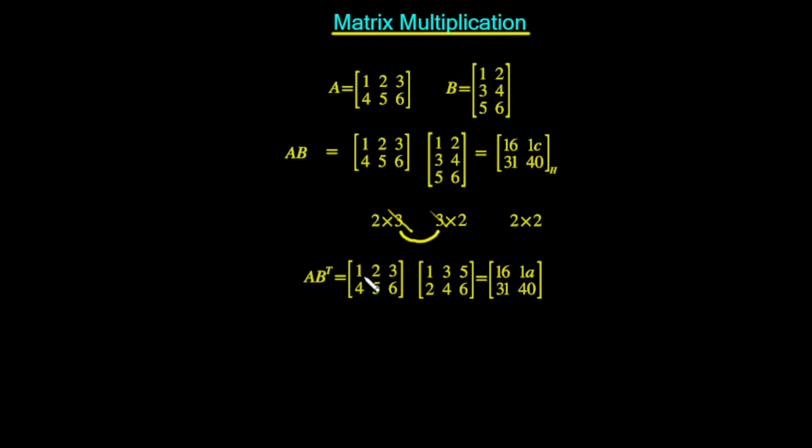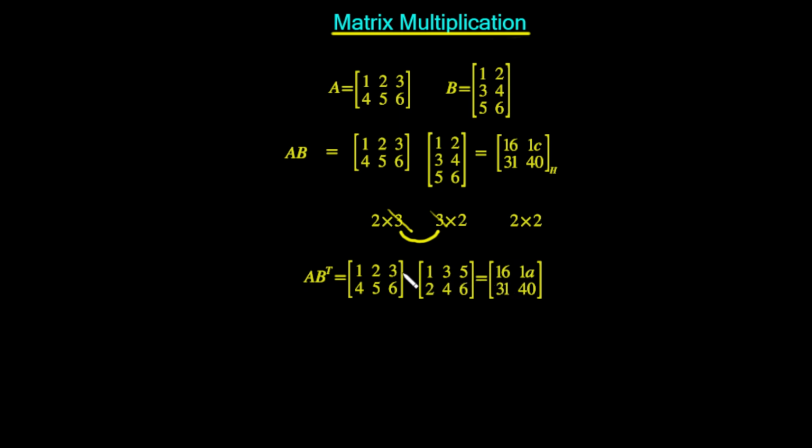But now what we can do is multiply the 1 by the 1, the 2 by the 3, and the 3 by 5. And you can see here that it's much easier to multiply these because they're in the same positions within the matrices. So whenever we multiply this row here, we can multiply it just with this row